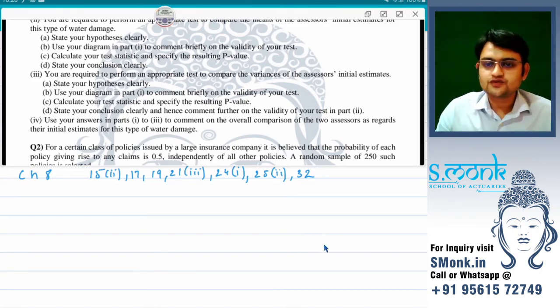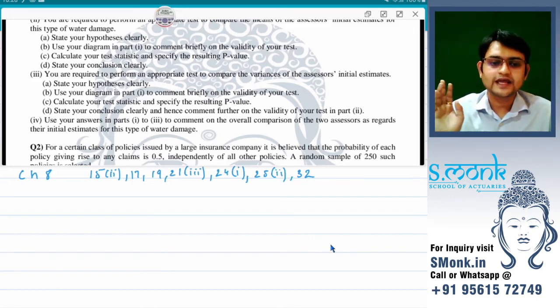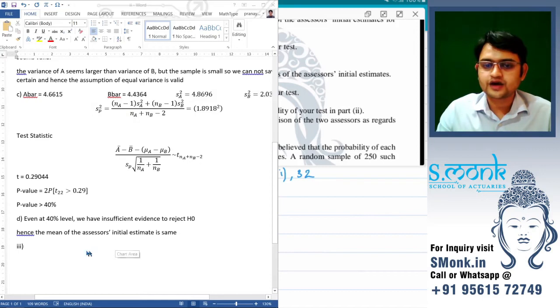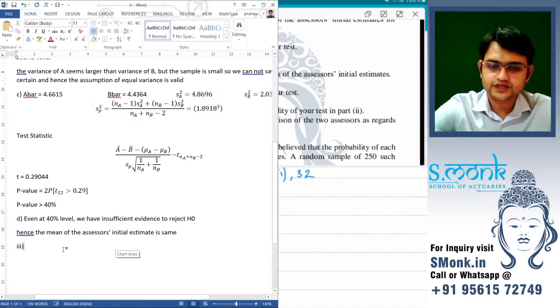The assumption was that we have equal variance, because we have not done any test where we do not have the equal variance assumption, when we have two sample unknown variances. So here our H0, we have to compare the variance. H0 will be variance of A is equal to variance of B. And the alternative will be not equal to, because we are not checking whether one is greater than the other or not. So H1.